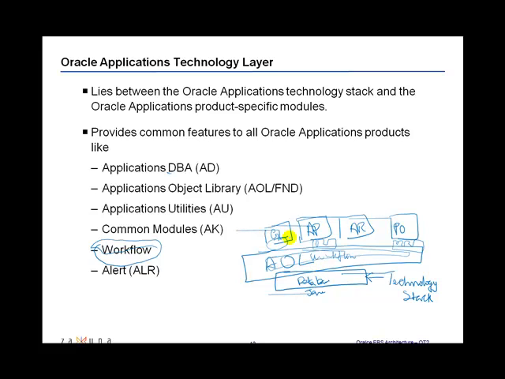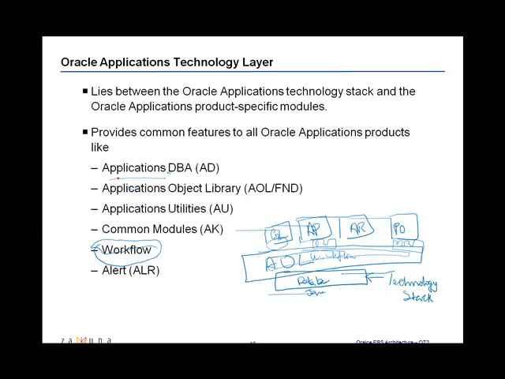Now, if somebody wants to develop a workflow, they would create a GL workflow. They would use the same workflow toolset. Same thing with AP and PO. All of them would be using the same workflow toolset to create their appropriate workflows specific to that product. Now, if you look at